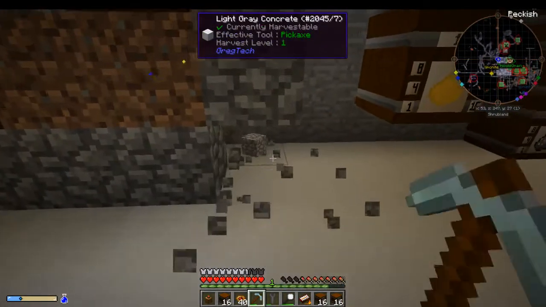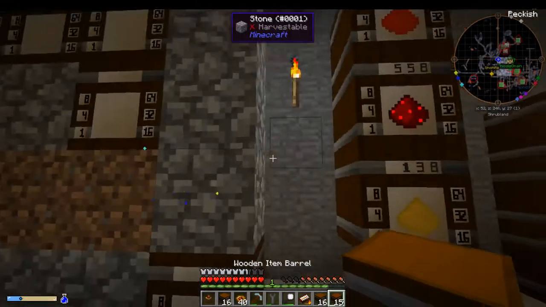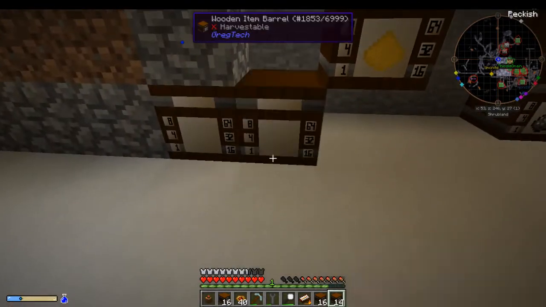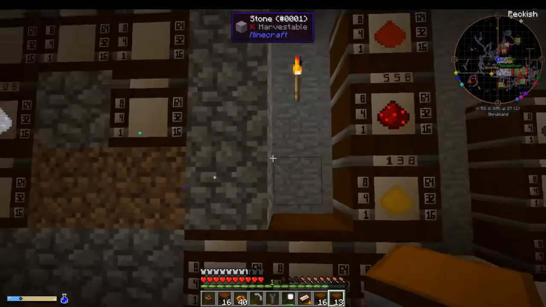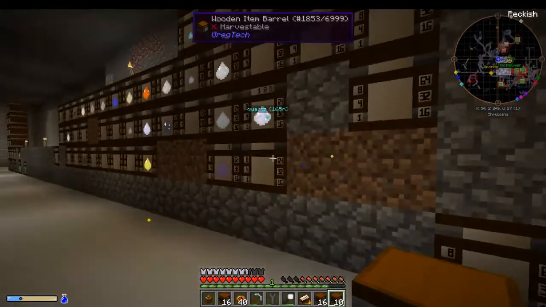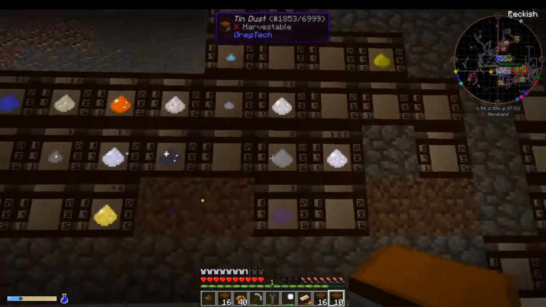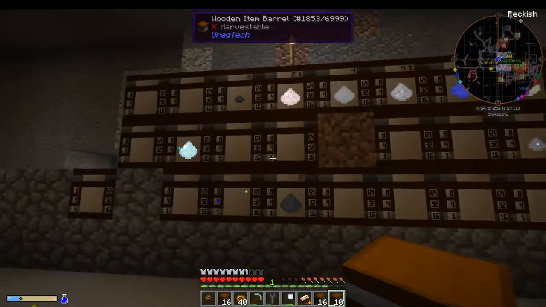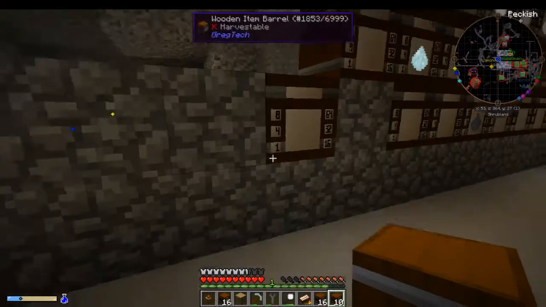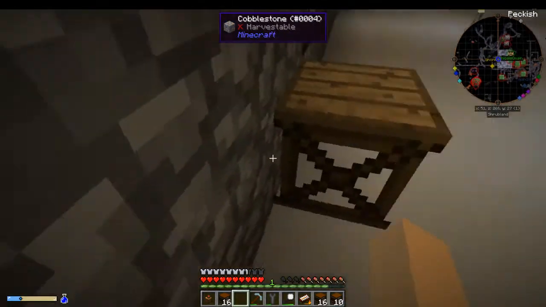Alright, so this one for now is going to have to come out, so I can put this one here. And then, I don't know if I need one in this row, but we're going to put one in this row anyways. Alright, so that takes care of one in that column, that column, that column, all the way across here. And then...